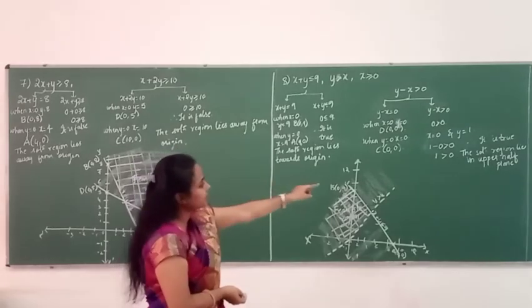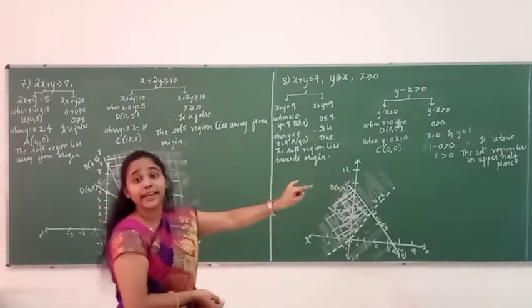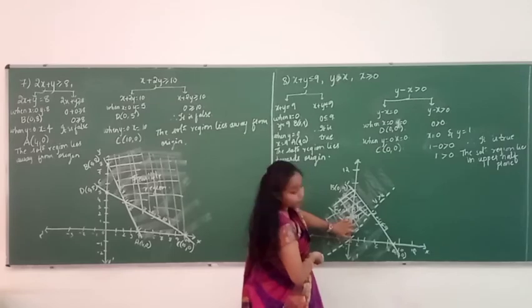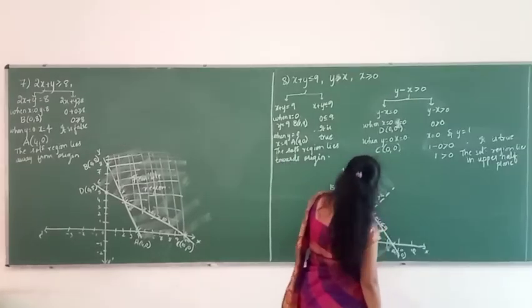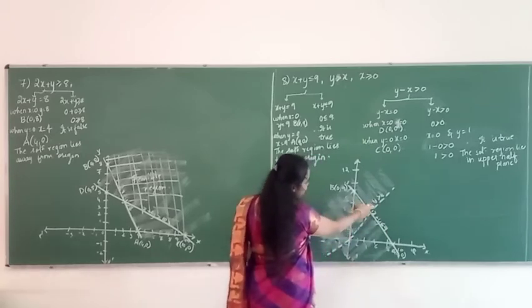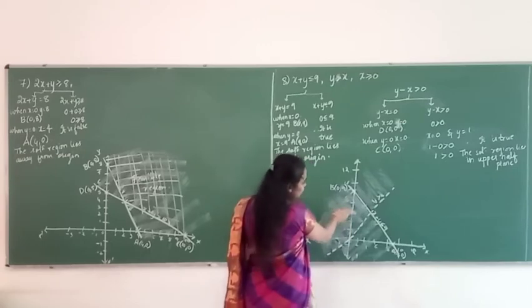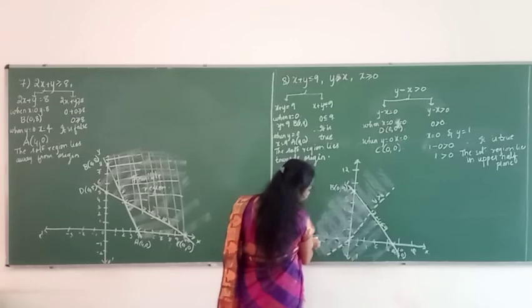You will just see where it is. The solution region lies in the upper half plane. So it is 1 greater than 0. I told you 0 is here, 1 is here. You will be getting the point here. Yes, x plus y is less than or equal to 9. And one more inequality was y is greater than x. So in this condition we got the solution region that is towards the upper half plane. So I have shaded in the upper half plane. Can you just check here? It is nothing but the upper half plane.